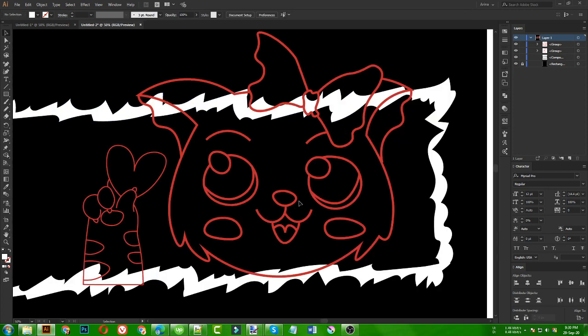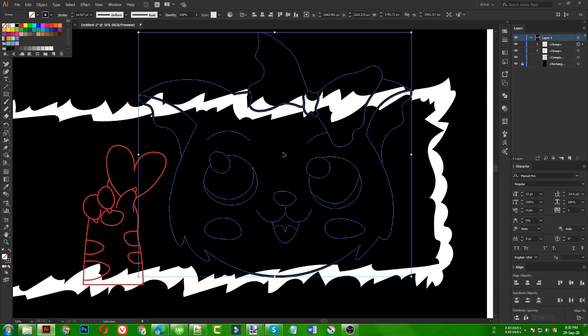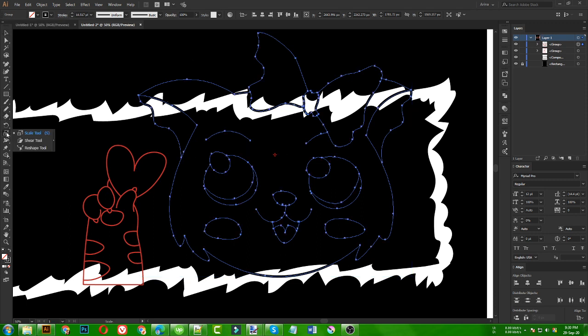So before that I need to make it colorful, because this is not looking very good. So I am just going to make it black, maybe these outlines. Now I am going to use my live paint tool. So sorry, not that. Okay, I don't actually remember where that was. Just press K on your keyboard, it will be activated. Okay, so here it is.